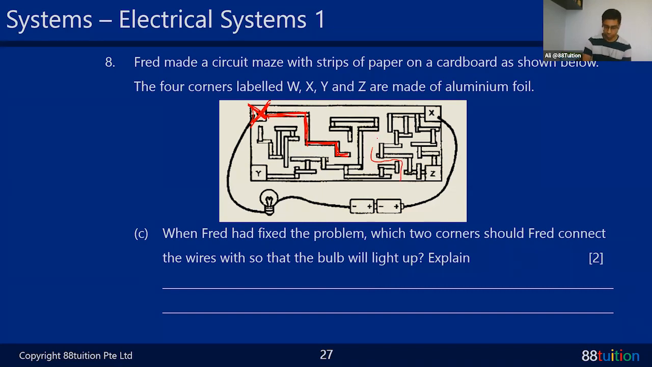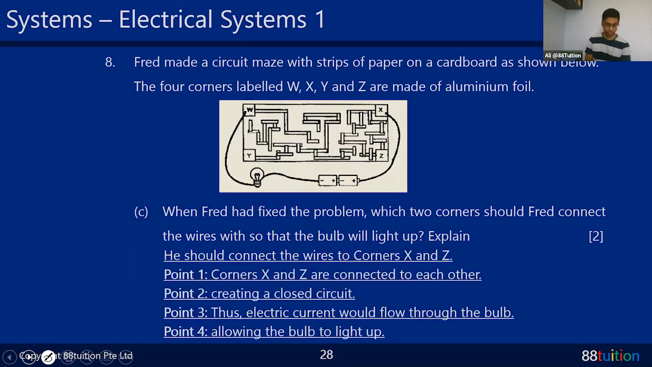Okay, so which two alphabets are touching each other? X and Z are touching each other. So therefore, you should take this wire and go to Z, and then they are touching each other, right? Okay, you should connect corners X and Z. That is the answer, because only those two corners touch each other. The rest, there will be open circuit. All right,